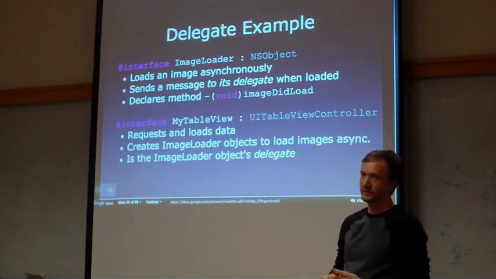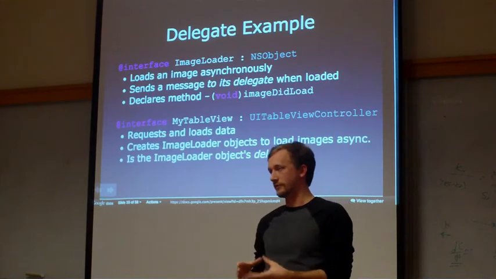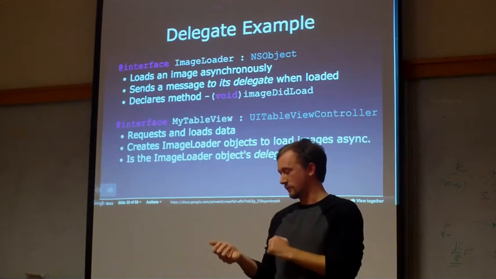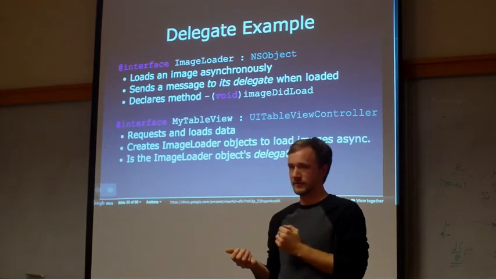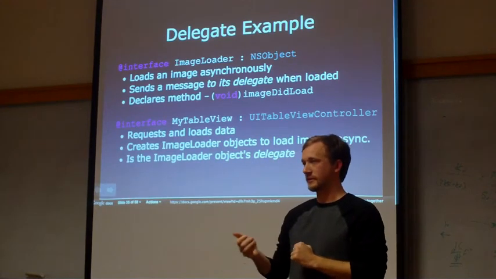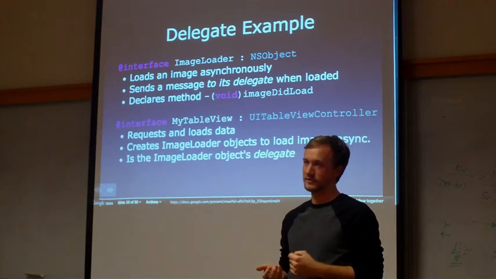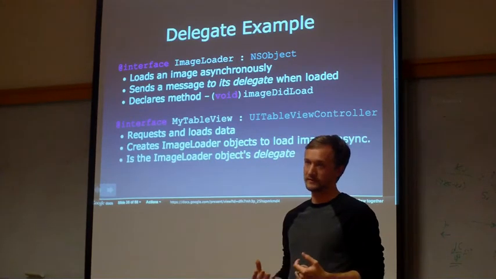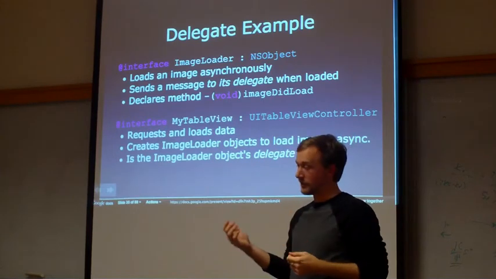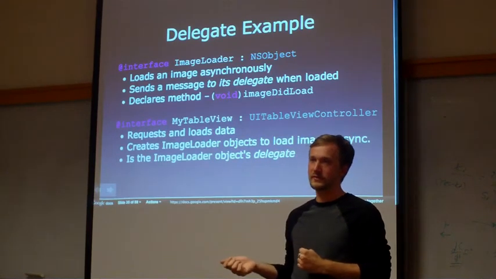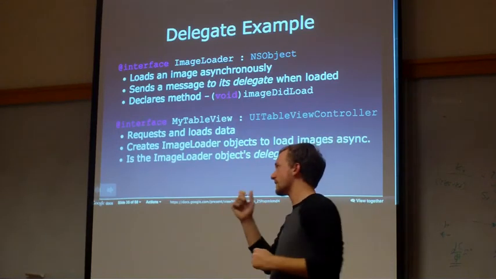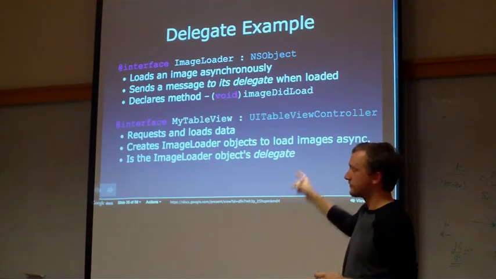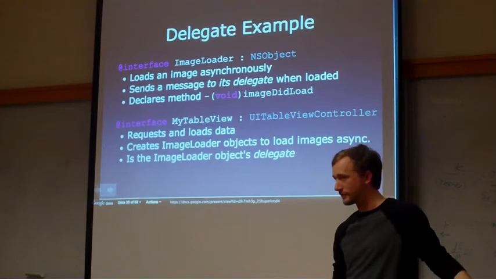So an example would be lazy loading. You want to build a UI table view. You want it to show up on your phone, maybe with the name of all of the images. But if you loaded all of those images in your table view controller, your phone's going to sit there and hang until the default is 8 images are loaded, which maybe those images are not scaled down. Maybe they're 3 megs a piece. It's going to take a while, especially over a 3G connection. So you want your user to be able to swipe through and use the app even if those images aren't loaded. So you use this class, this image loader, to load things. And when it's loaded, tell the MyTableView, okay, I'm done with this, now display the image.